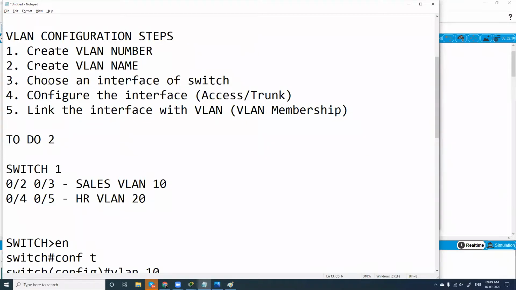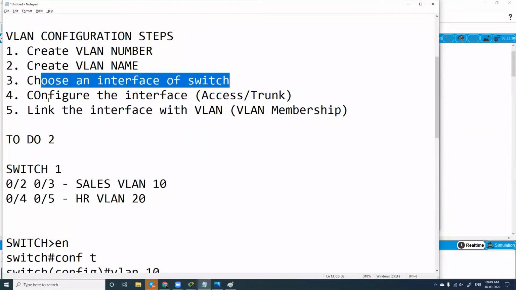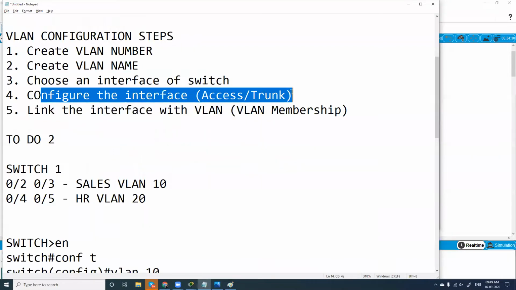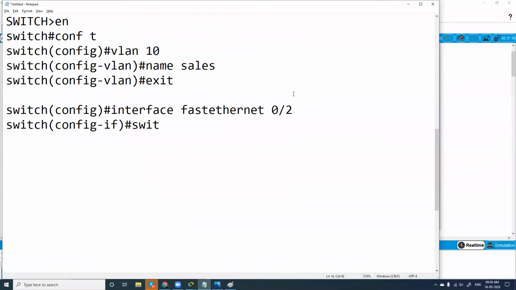What is the third step? We have chosen the interface of a switch. Now to configure the interface, we have to tell the switch whether it is an access or a trunk port. To configure this, I'll give switchport mode access. Yes, obviously it is an access port.